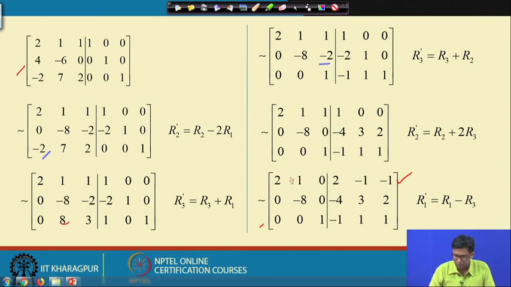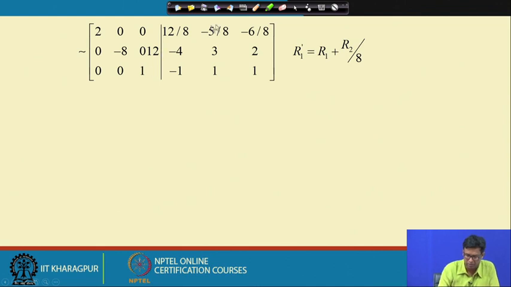Well, so now this 1 has to be eliminated. So, this will be multiplied by 1 by 8 and added with the next term. So, there is some mistake here, this will be 0, this will be 0. There is a typing mistake here. So, our first row is first row plus 1 by 8th of second row,